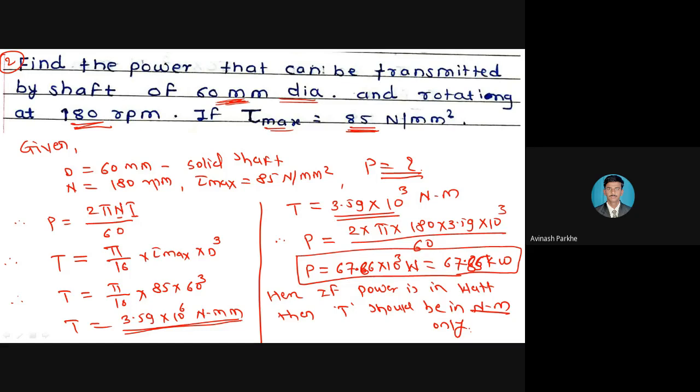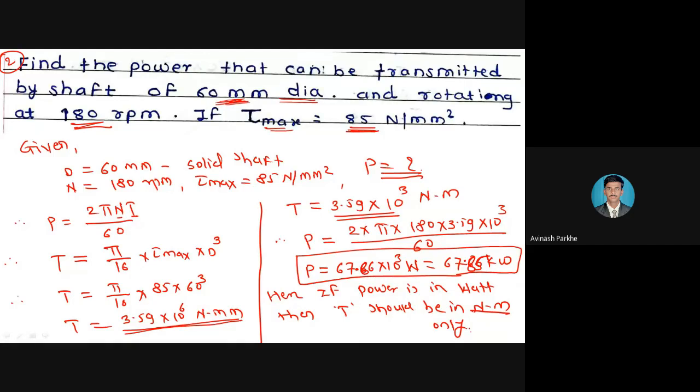How to convert? You just have to divide it by 10 raised to 3. So whatever the value, if you get the value in the form of 10 raised to 6, the same value can be written in the form of 10 raised to 3, by dividing by 10 raised to 3. So convert the torque into Newton meter first, and then put that converted value in the power equation to obtain the power in watt or in kilowatt. Take this note in your notebook at the top or in front of this problem.